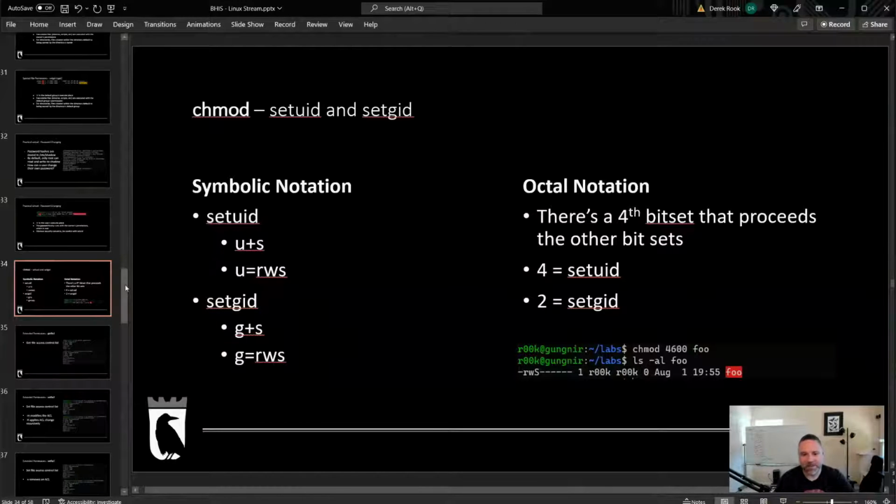Now, there's another bit of weirdness out there, and it's something that I think corrects a minor flaw in the Linux system permissions. I said before that you can get really granular with Linux permissions, and you can.